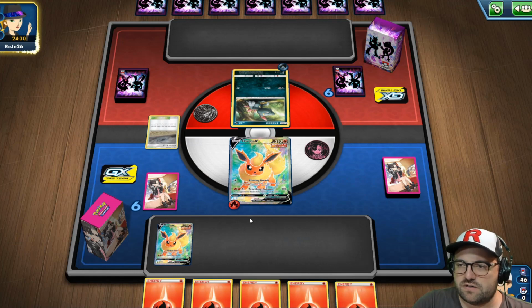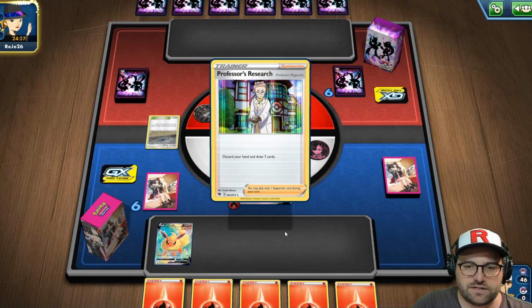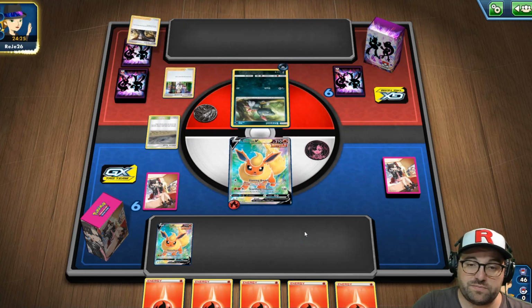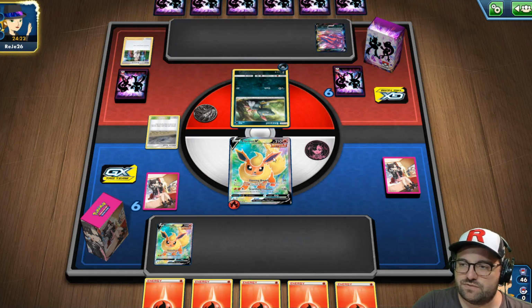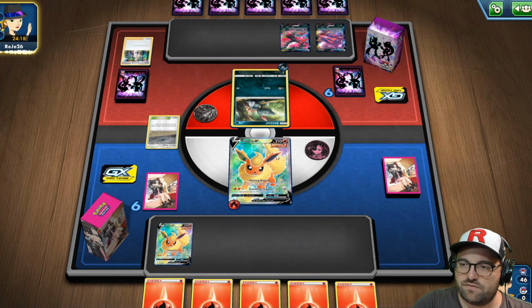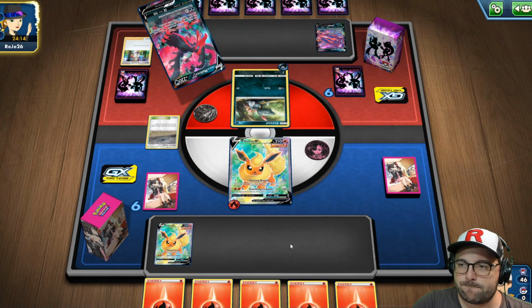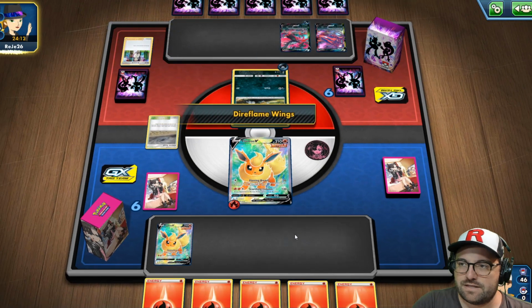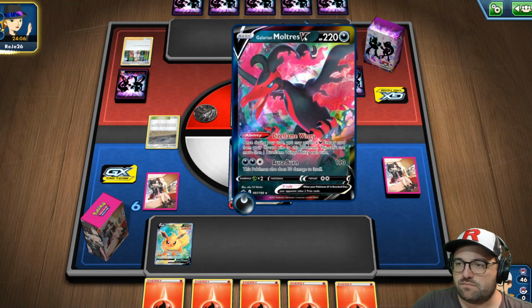Maybe we'll draw Peony for the next turn would be extremely great, because then we can attach and we can evolve and put our item card on. Or elemental tool. Alright, we get Moltres,